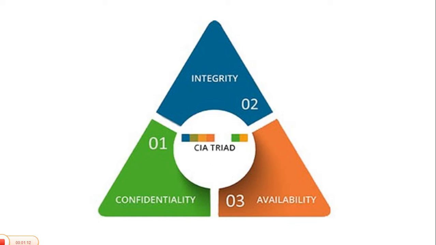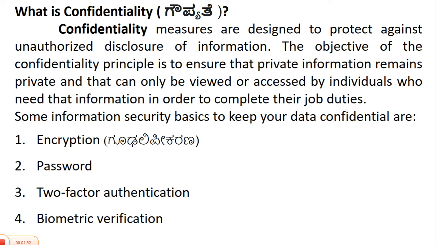C stands for confidentiality, I stands for integrity, and A stands for availability. So by using these three concepts, we can secure the data very systematically and very authentically in our computer system. In the previous class, we already learned what security and protection are. Security is an external support to the computer system. So how can we protect our computer from threats? Next, let me understand one by one.